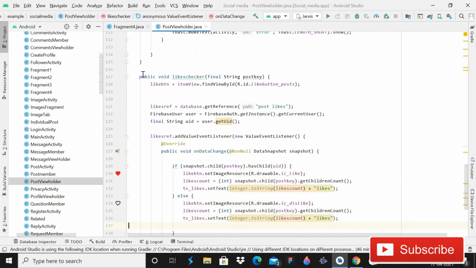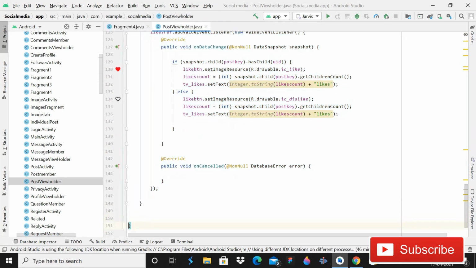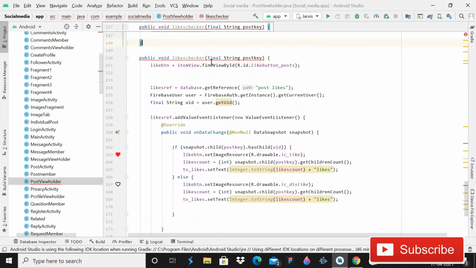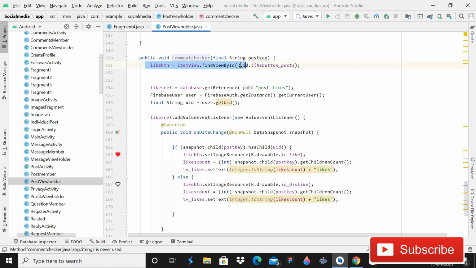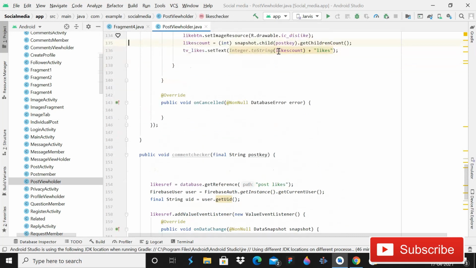And then guys, you have to simply copy this stuff with control plus C, and then paste that here. This time you have to make this one comment checker, with final string post key, and delete this like button, and make this one comments reference come above here.